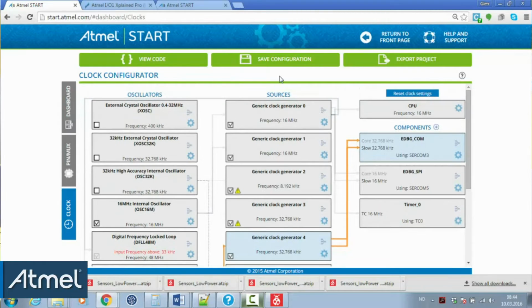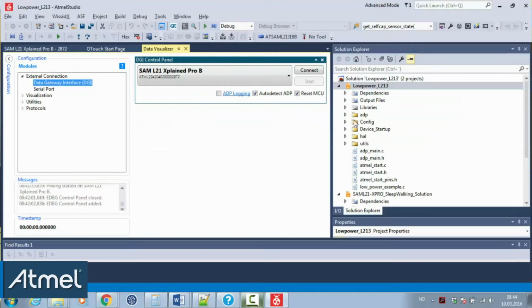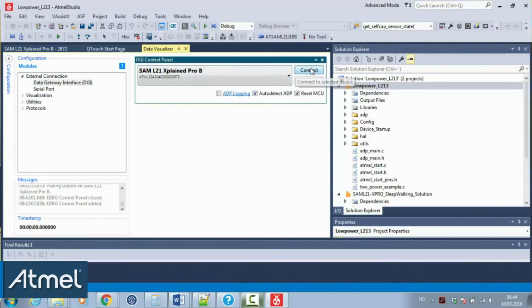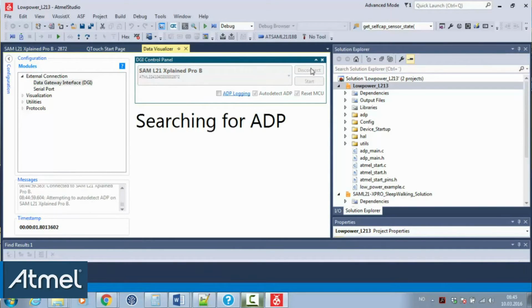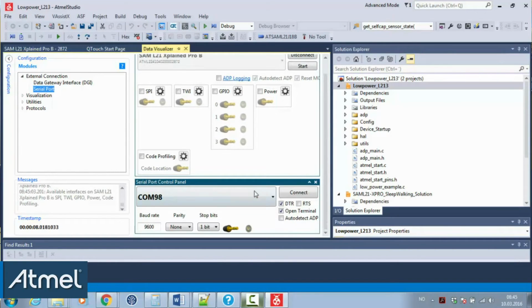Okay, let's download and run this project. And once we've pulled it into Studio, we'll have the following. Just run the project now. Connect. We'll search for the ADP, and we need a serial port as well. So the serial port at 1200 baud. We can connect,